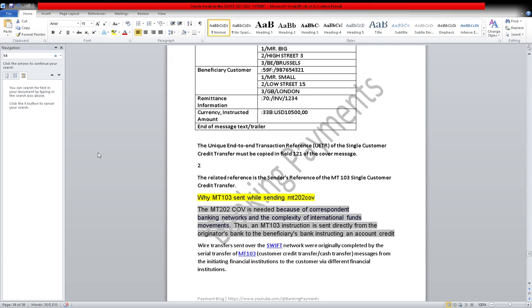The funds move from one party to another until the fund reaches the financial institution for the customer payment. The sender sends MT103 serially to the correspondent. Its correspondent debits the account and transfers the fund from the intermediate institution to the correspondent of the beneficiary bank, most of the time the beneficiary bank. See, the statement is contradictory here. MT202 will be sent instead, but here they have mentioned the flow of MT103.